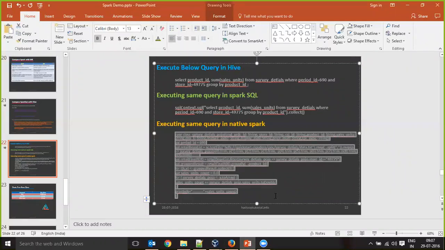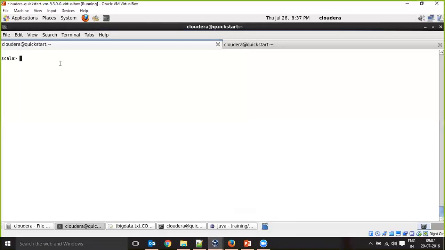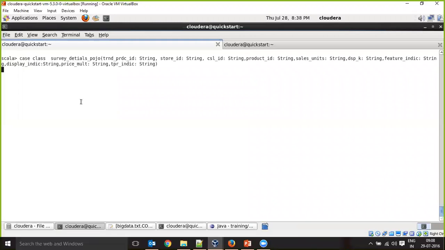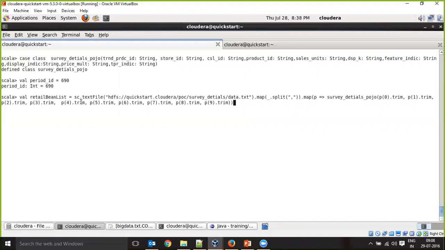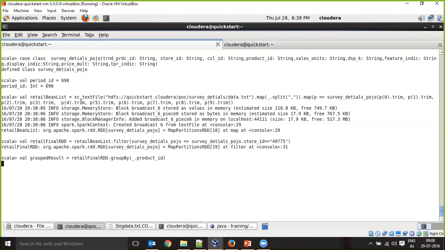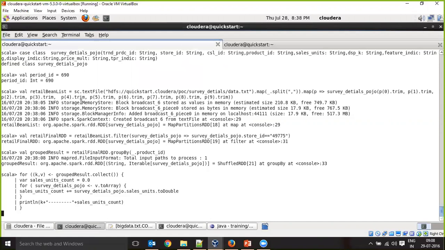I could have made it even more concise. But if I write that purely native instead of SQL, so I wrote too many lines of code here. If I print the same thing,